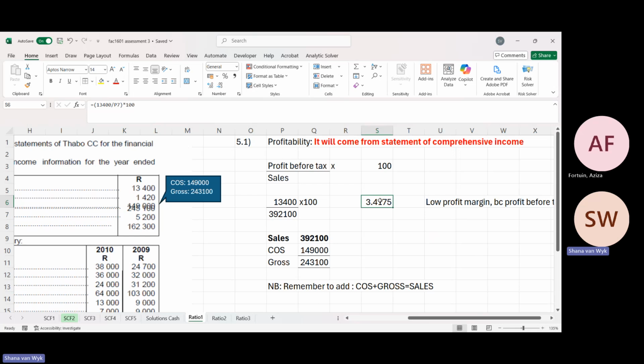Is that the turning point? There isn't a marker for that. For gross profit, there isn't a marker, but in 3.4 they don't say what kind of business it is. It's just financial statements. It doesn't say what they sell.